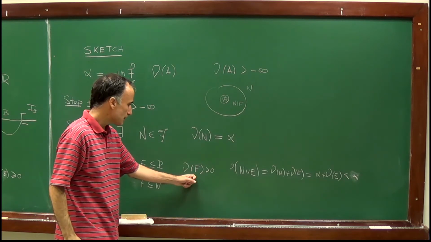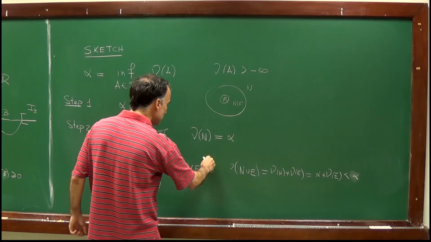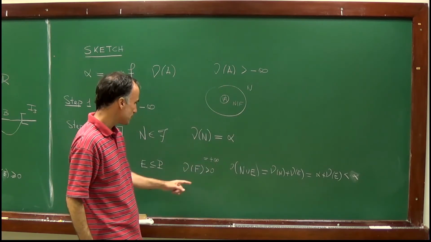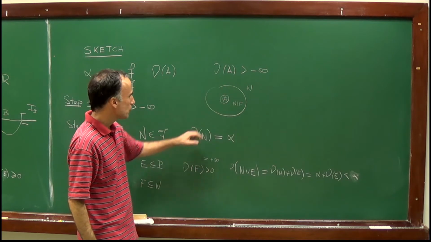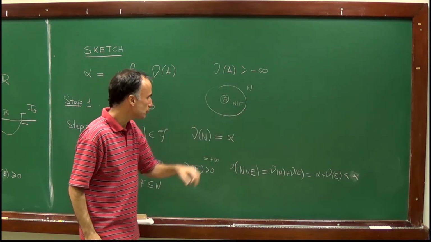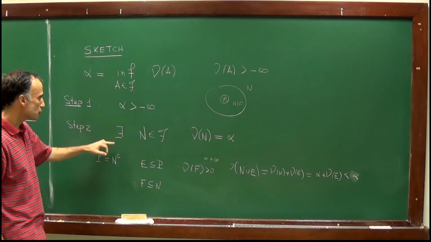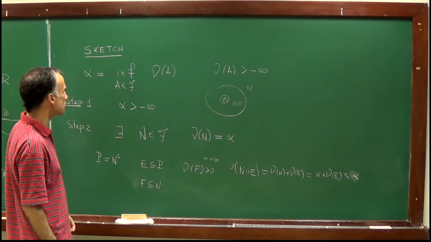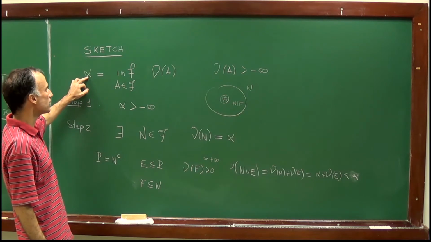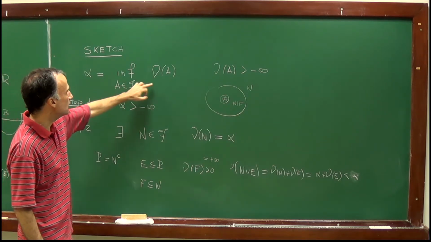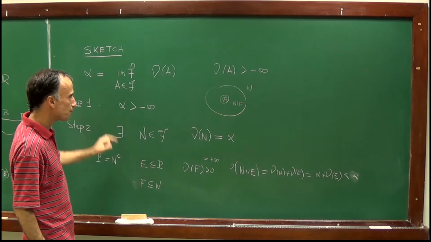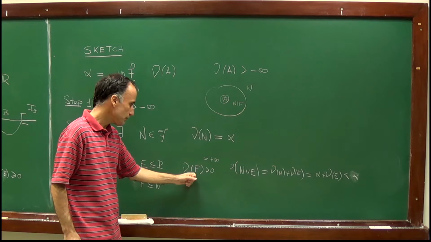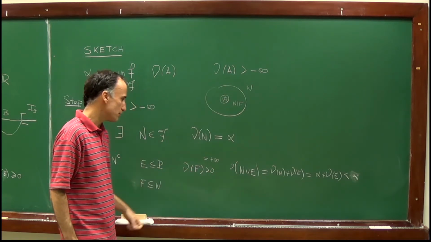So first observe that nu of F cannot be equal to plus infinity, because if nu of F was equal to plus infinity, since F is contained in N, we would have that nu of N is equal to plus infinity. But by assumption nu of N is equal to alpha, which is not equal to plus infinity, since this infimum is certainly less than or equal to 0 because the empty set has measure 0. So we can't have nu of F equal to plus infinity. It has to be a strictly positive real